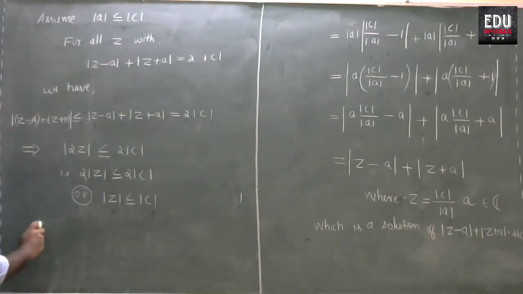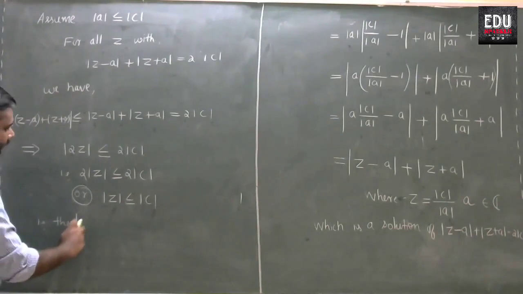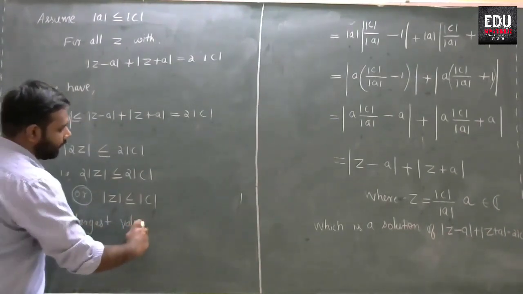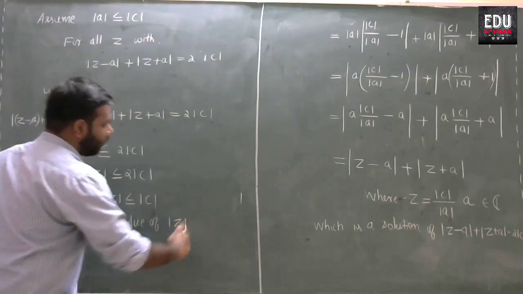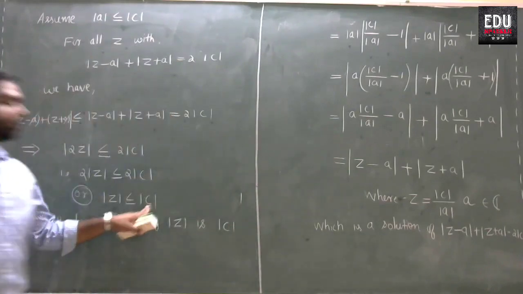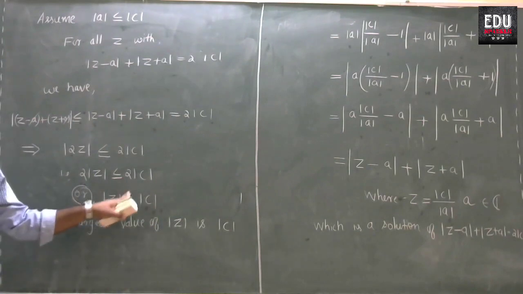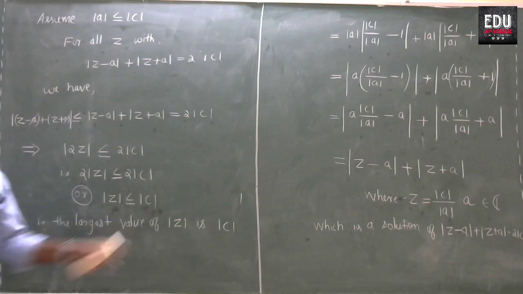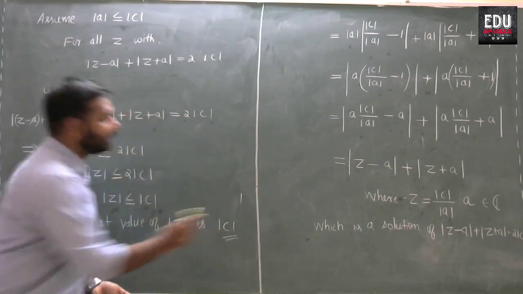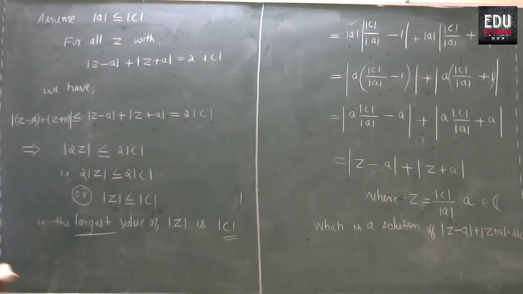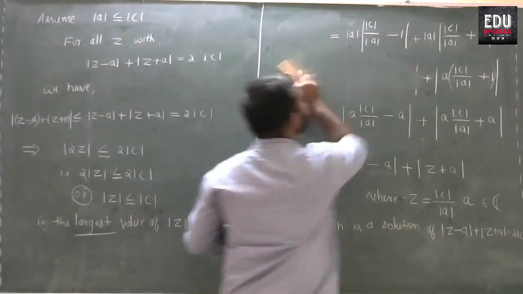So that is the largest value of |z| is |c|, because this has to be less than or equal to, it cannot exceed |c|. So the largest value that it can take is |c|. Now we found the largest value. Now we have to find the smallest similarly. So for that one,